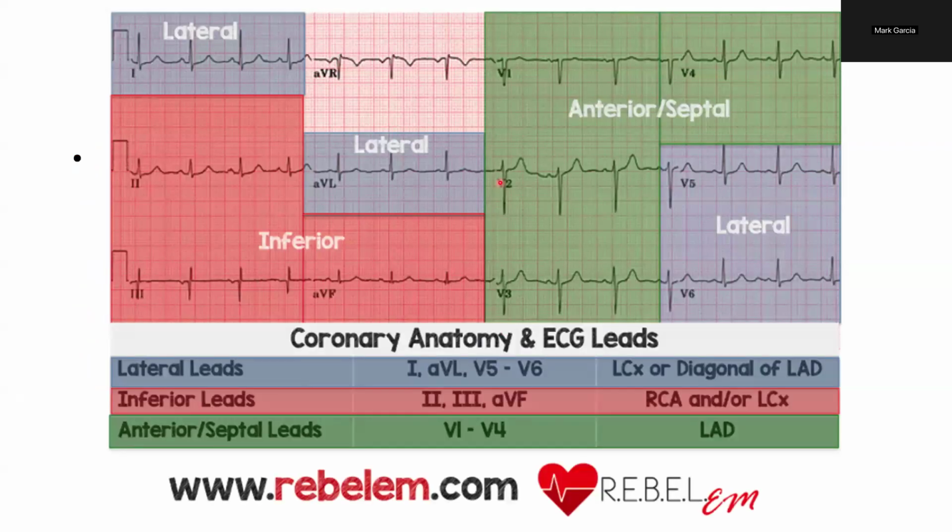Okay, that's just a reminder again of the areas. So if you had an inferior infarct using the PALS mnemonic, you would expect reciprocal change in the anterior region. If it was a lateral infarct, then the next letter in the PALS mnemonic is S, which is septal, and you'd expect a reciprocal change in the septal area, which is V3 and V4. Okay,